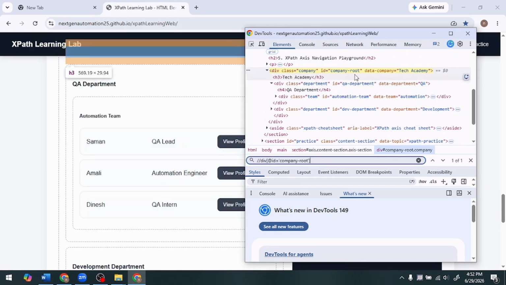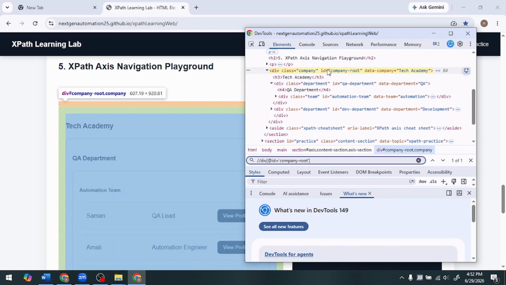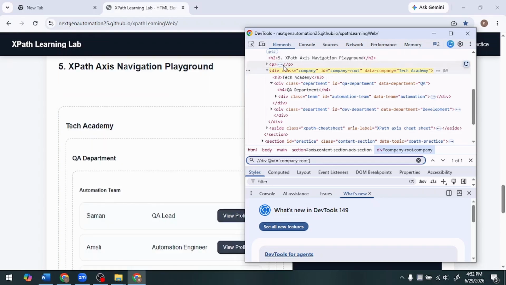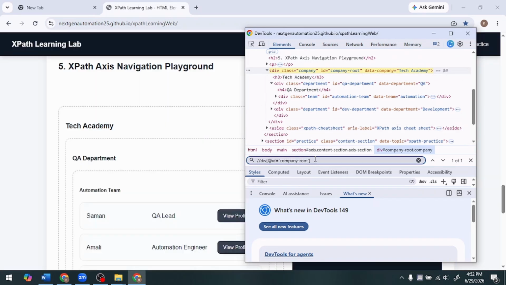This is actually a div, the div area of that XPath axis navigation playground. You can see that I have captured that XPath through ID. That ID is company root. So what I can do is say